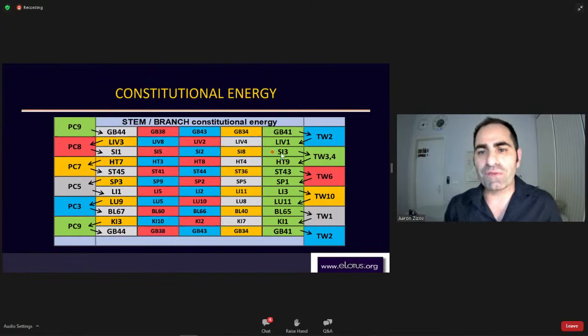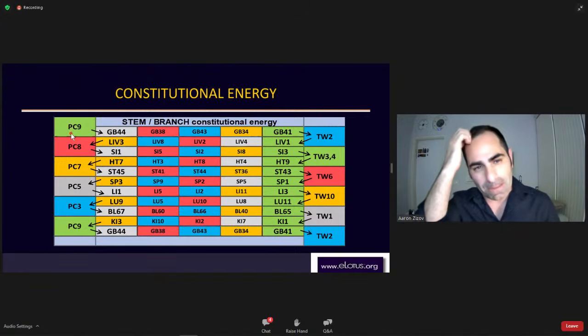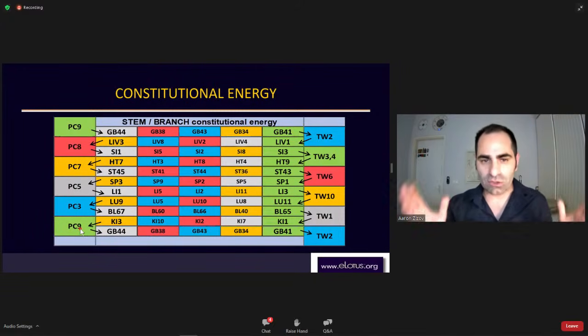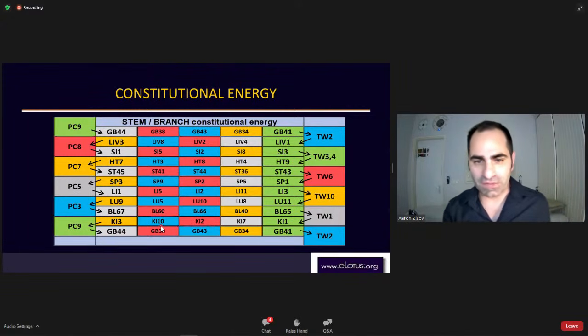So when I want to fix some constitutional issues, I will work with these specific combinations. Okay, so I want to treat something on the kidneys, for example. I will go to kidney. Where's kidney? Okay, kidney is here. So kidney is getting the energy from Triple Warmer 1. So I will go Triple Warmer 1, Kidney 1, and Kidney 3 with Kidney and with Pericardium 9. This is like the structure or the protocol. I can use these specific points, Kidney 7, 2, or 10, according to the specific condition.